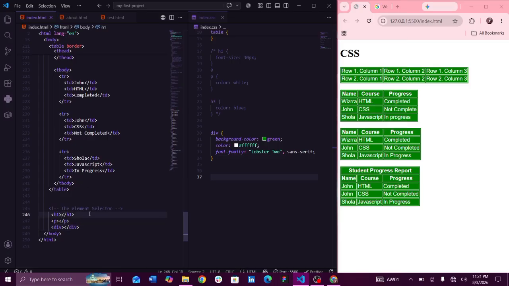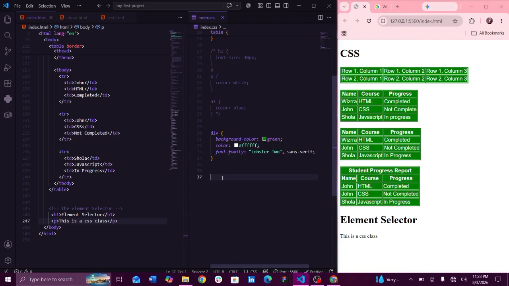So H1 is an element, right? So if I should give an example and say element selector, we have the element selector as our H1, and here I come to the P tag. We have H1 and then our paragraph. So we can decide to use any other element, and now we'll come to our CSS and then call either of those two. So I'm just going to start with our H1 and say H1, right, and give it a